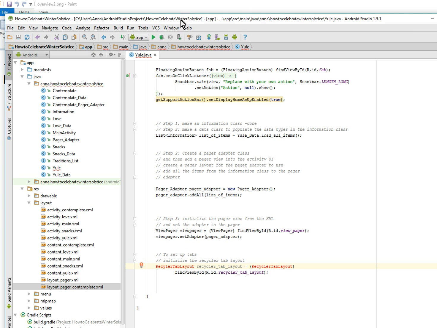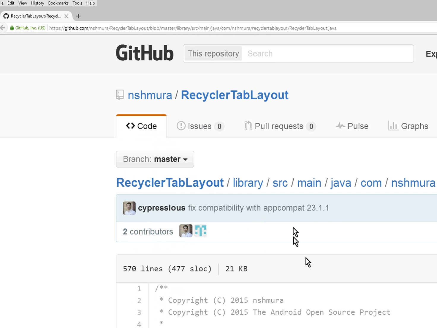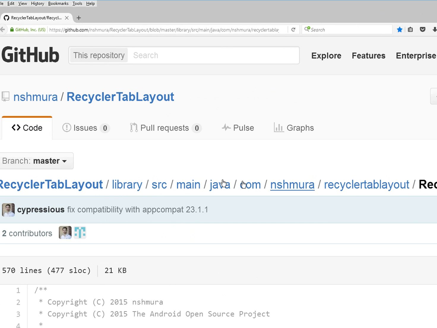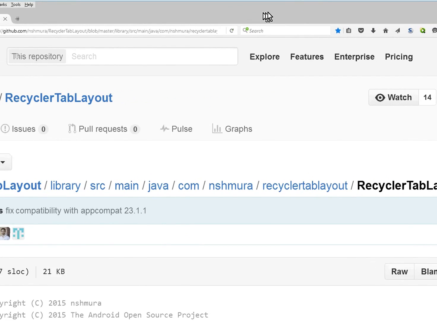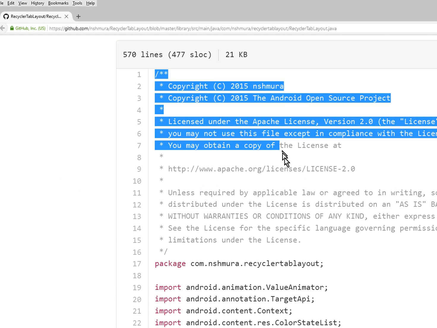That's why we're gonna go back to number one, and we're gonna go to Nishimura's GitHub, and we're gonna get his recycler tab layout. Actually, this whole app is kind of based on his demo. So thanks a lot, Nishimura. So here's the URL, and I'm gonna move this table so you can kind of see where to get the recycler tab layout Java file. Okay, so what we're gonna do is just